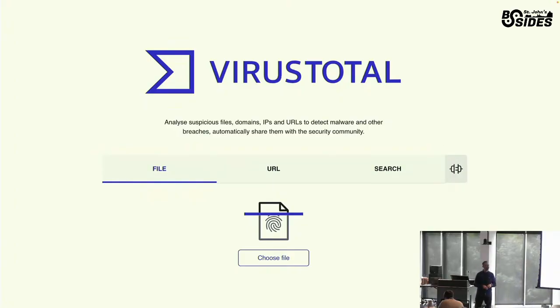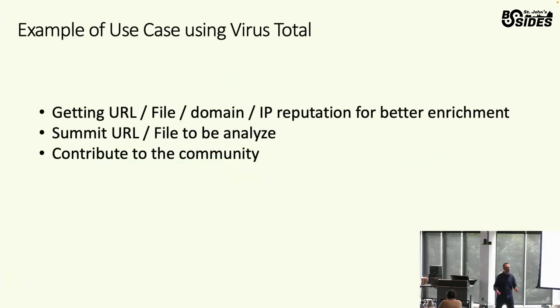So how many of you are familiar with VirusTotal? Yeah, go ahead. Here you go. Which is a free service. There's a pay service as well for VirusTotal. And I think it's owned by a big company now. Anyway. So I guess most of you leverage VirusTotal by copying an IOC and pasting the IOC within the web platform, right? Most of you are probably doing this. But there's also an API for VirusTotal, which is cool.